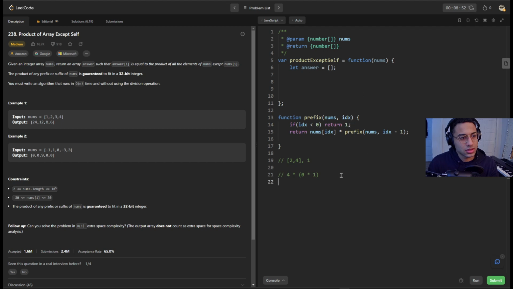And so that would give us 4 times 1, no, times 0, sorry. And then 4 times 0 equals 0. That's all it is. And then if you do function suffix nums index, again, if index, it has to be plus 1 this time, right? Because we're doing,